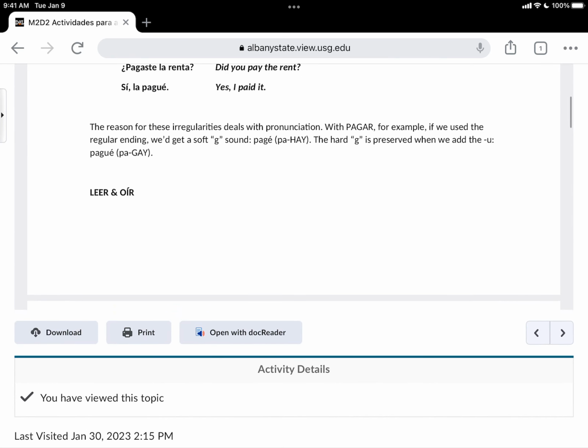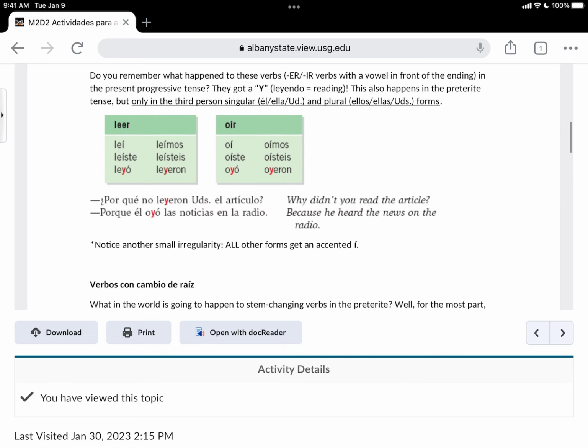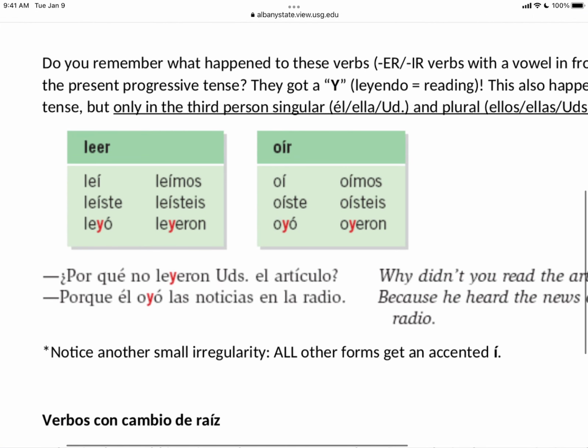Let's go on to our second category, leer y oír. All right, the key about this one is that it's going to change in the third person, right? See leí, first person, leíste is the second person, my third person down, leyó, and my third person plural across from it, leyeron. So when we have those double vowels, I like to call them the double vowels, the EE and the OI, we drop that I and we add a Y, leyó. Again, this is only in the third person singular and plural. And leer and oír are the two most common where that's going to happen.